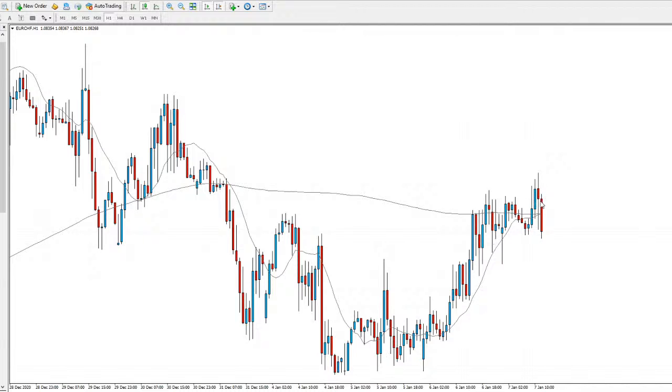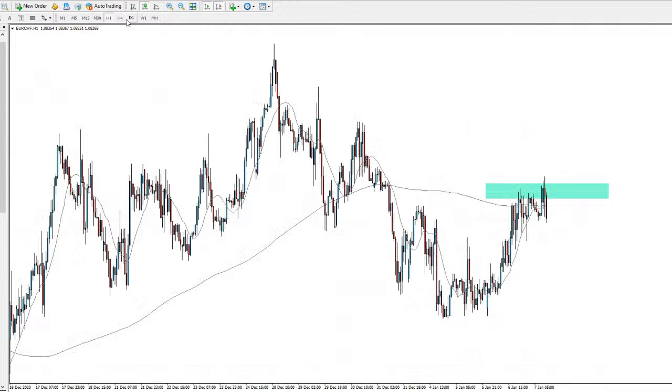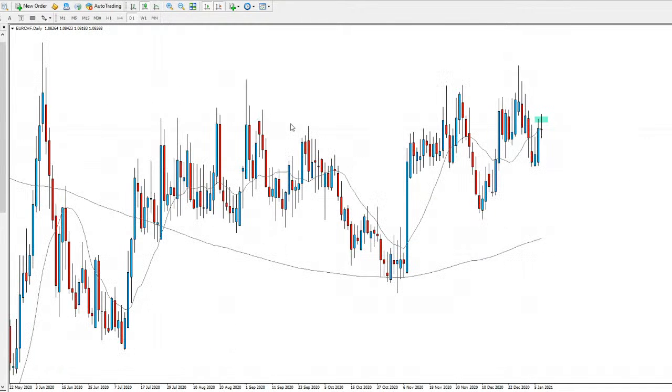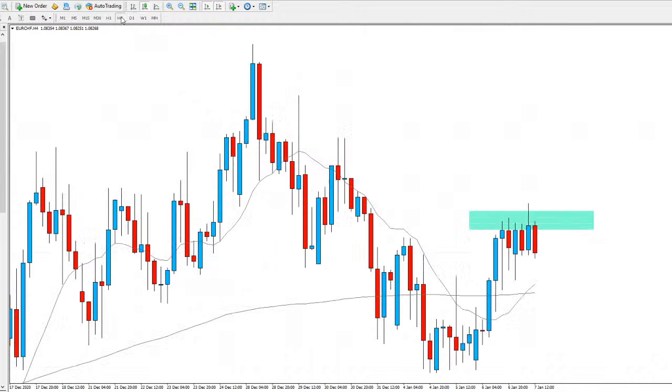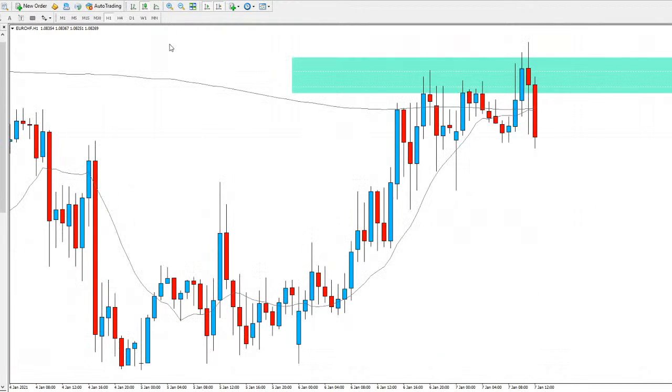Let's see if we get a swing back up again. Looks like price is finding that resistance there, so probably going to see another drop from that area potentially, maybe back to create a new swing low potentially if price gains that bearish momentum. But you see in the daily chart, we did have a strong bullish candle going up there, so need to be aware of that. But potentially could see a move to the downside there for EUR/CHF, but probably not a